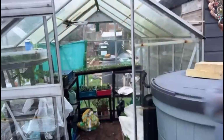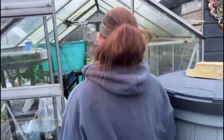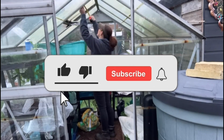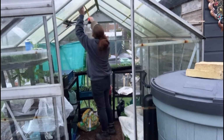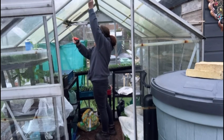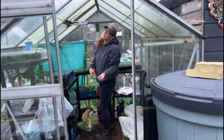I nearly forgot to measure the window. Let's do that now. Come on. Okay, let's get a tape measure. Tape measure. Right, you need to remember these measurements, okay? Width 9, 49. It's better to measure it from the outside because it actually sits in a lip, so I don't think